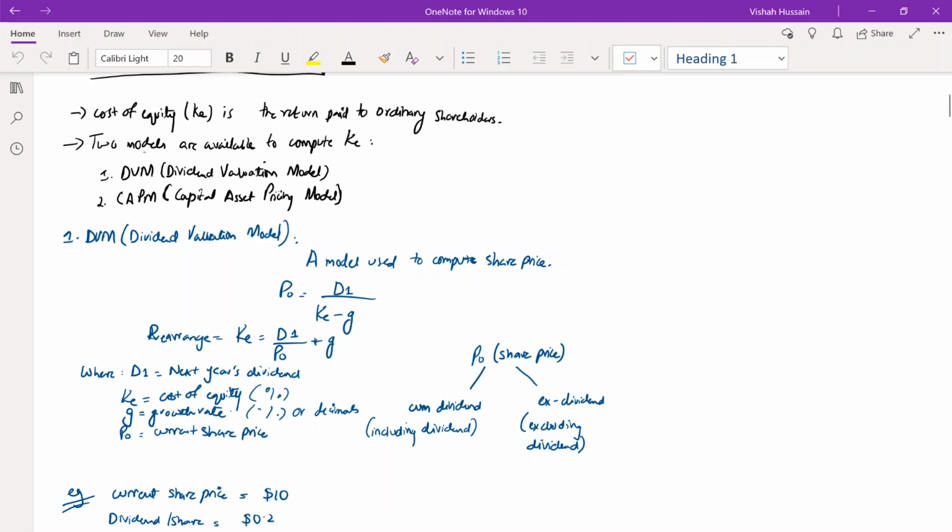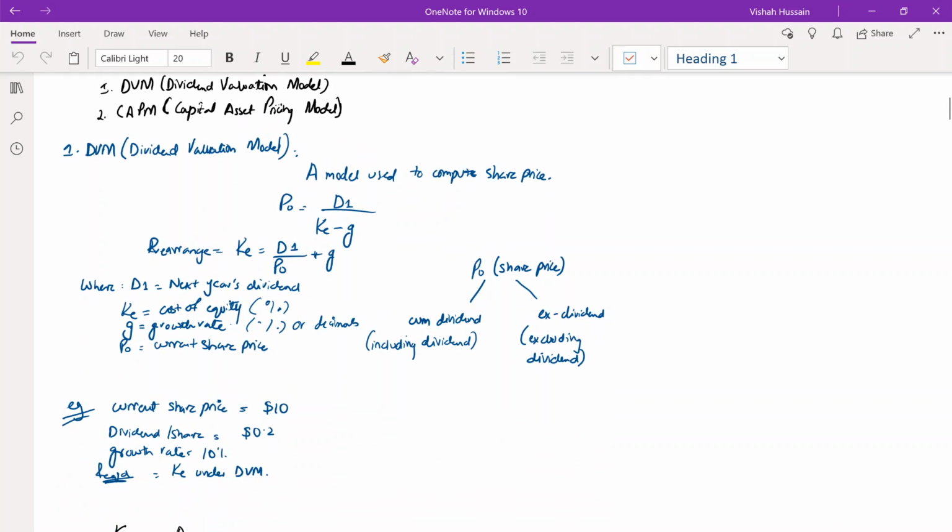Now, in order to compute KE, I am sure you remember that there were two models. One was DVM, dividend valuation model, and the other was CAPM, capital asset pricing model. DVM is used to compute share price, and the formula is P0 = D1 / (KE - G). If you want to compute the cost of equity and not the share price, you need to rearrange the formula: KE = D1 / P0 + G,